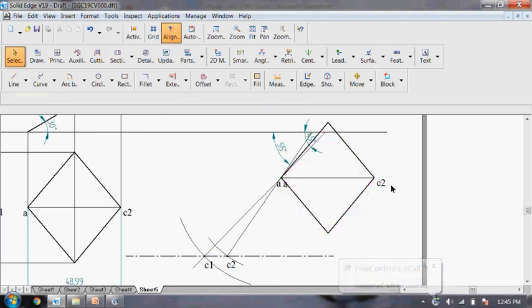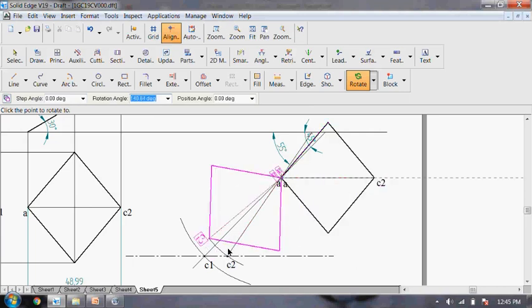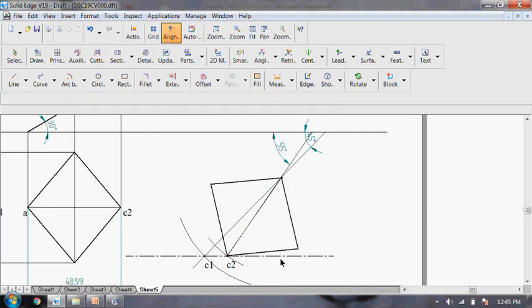Then rotate command without copy. Select this triangular lamina. Select this line AC2. Properly I have to select this line AC2. And then align it on the beta angle. Okay, so I have aligned it. So delete all this text. All this text you can show at the end. The text will get rotated. Delete all this. At the end you can show it.